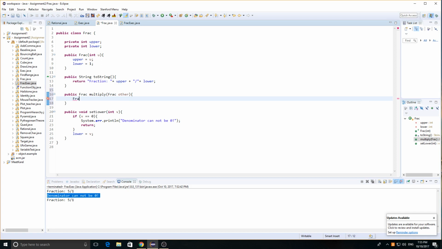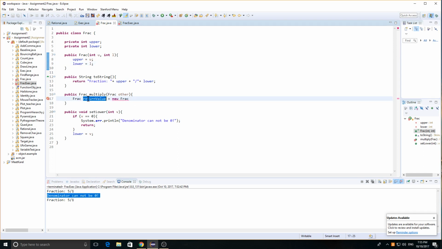Here we have a fraction return value. We need a new fraction, which is the... Okay. Let's add another one. So basically, instead of this, I use int lower, and then this will make my life easier. Okay. So